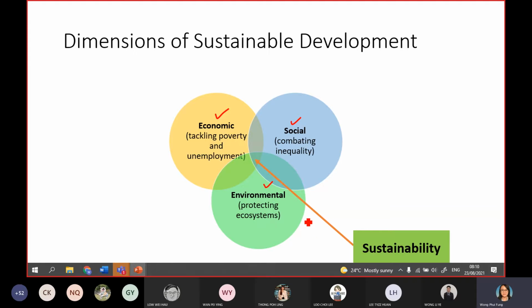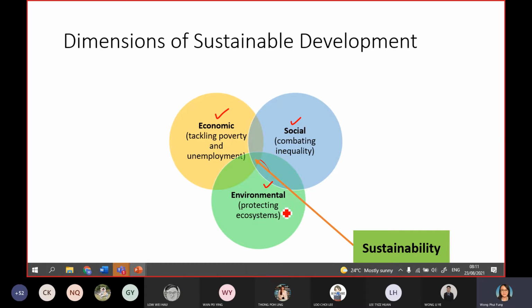Green building, they are only focused on the green area, the environmental aspect, and the economy and social are actually quite less. But sustainability means that they will actually integrate these three important pillars in terms of economic prosperity, environmental quality, and also social equity. I talk about environmental first.